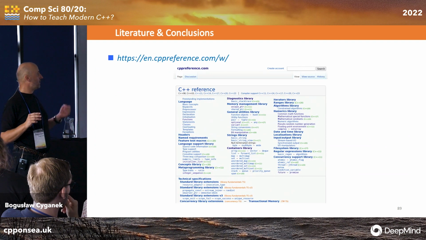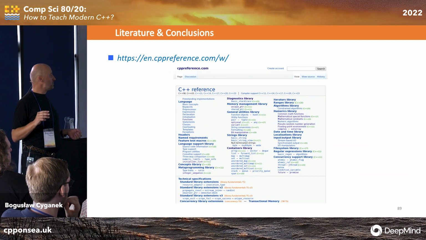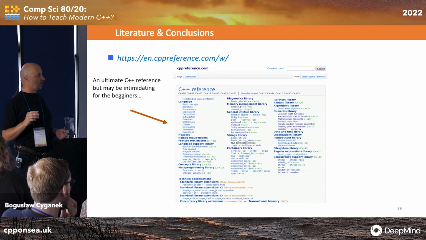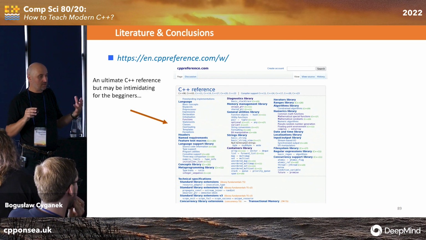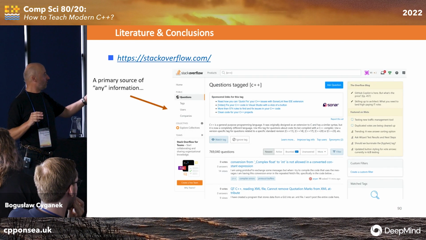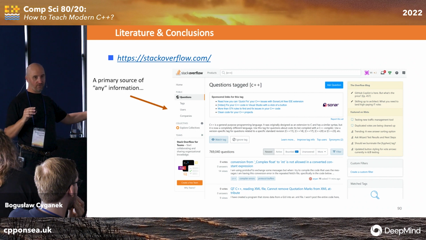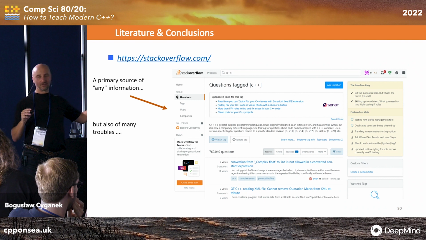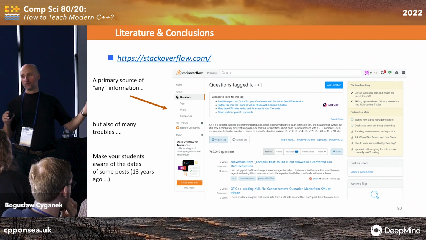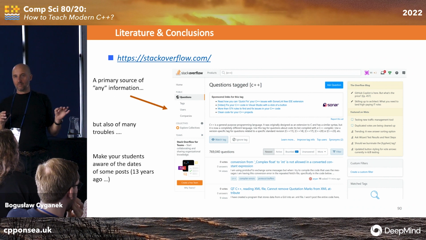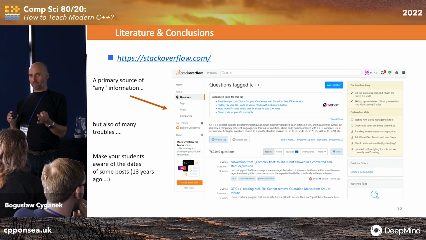And so finally, what materials? CPP reference, very good, but can be intimidating for beginners, because we can find everything there and up to date. Stack Overflow, beautiful. Primary source of any information, but any, and I mean that. Also many troubles. But your students will use it, so make sure you warn them to look up the date of the post.